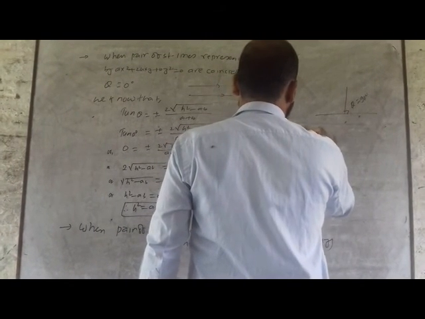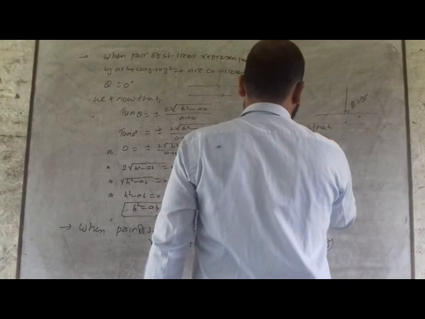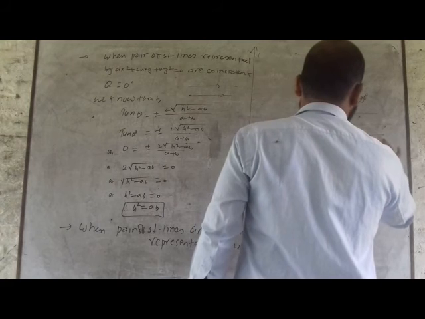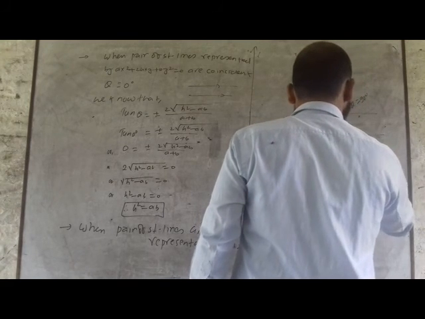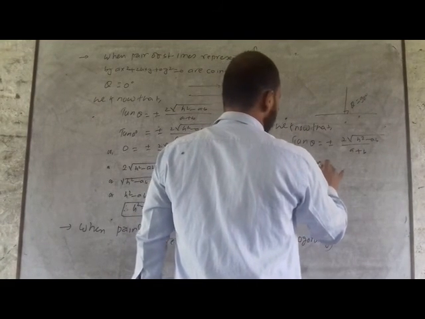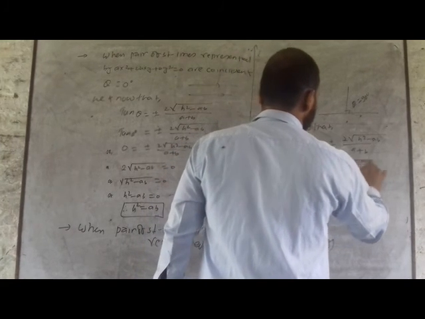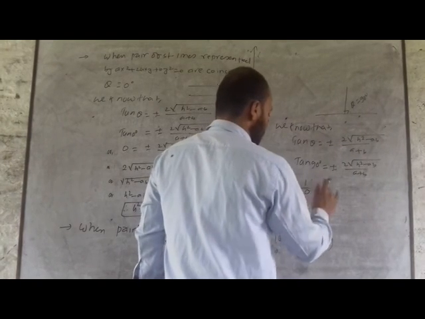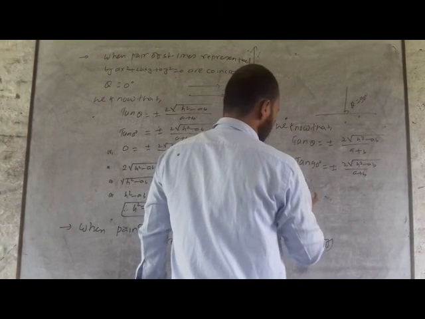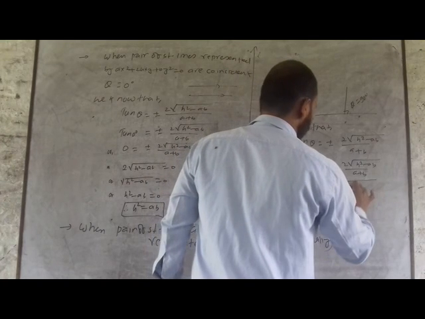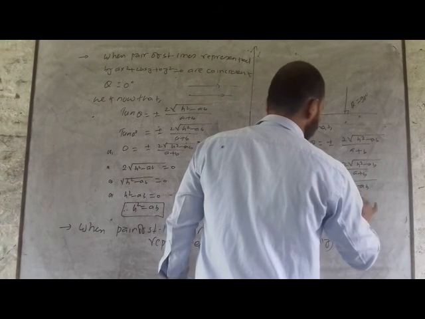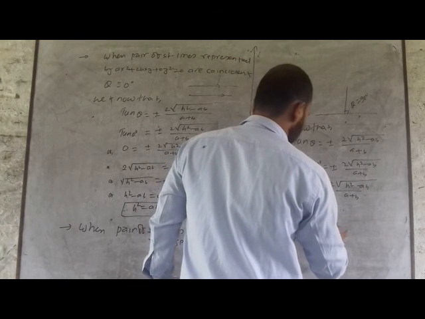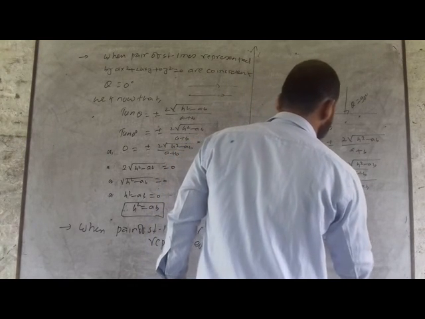We know that tan theta is equal to plus minus 2 root under h square minus ab by a plus b, and here we have tan 90 degree, which is 1 by 0, equal to 2 root under h square minus ab by a plus b. Cross multiply, we have a plus b is equal to 0. Therefore a plus b is equal to 0. This is the condition for perpendicular.